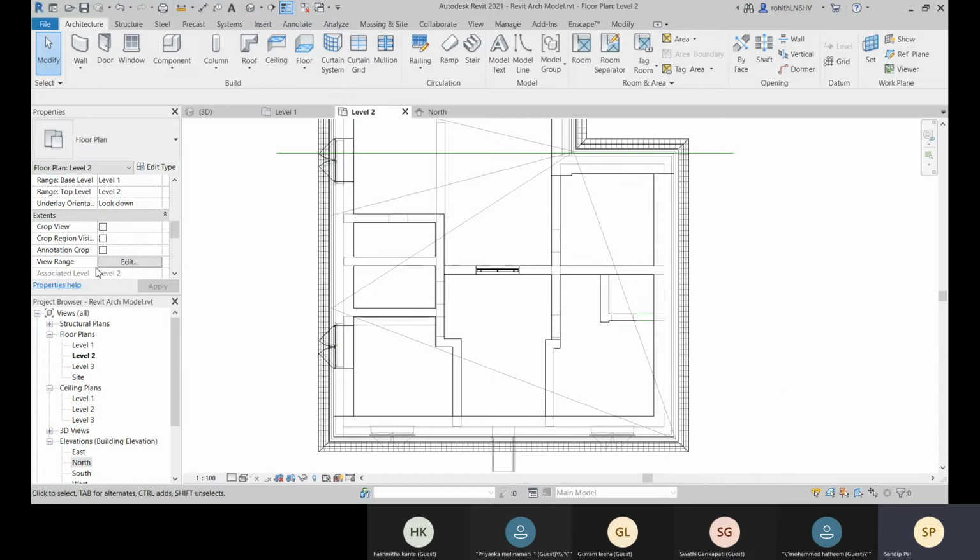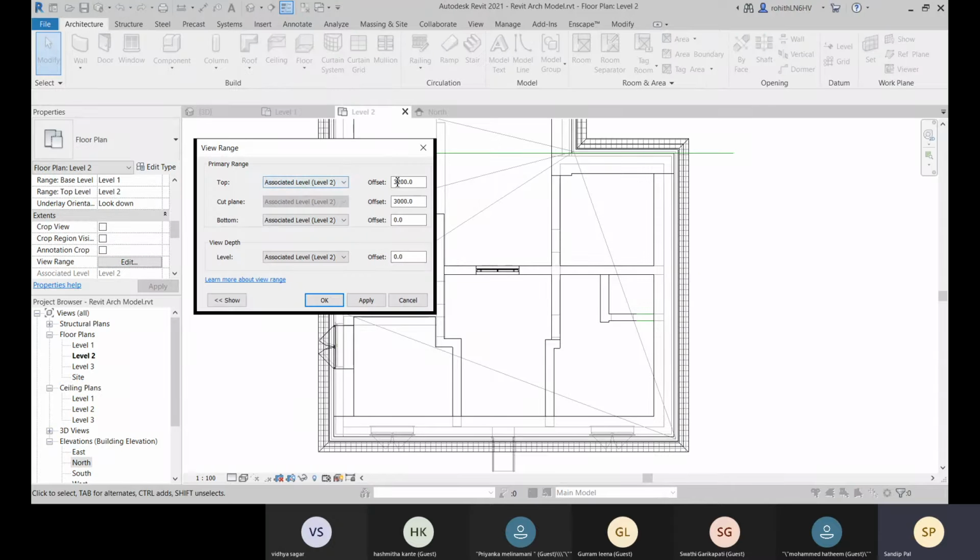So you have to define the top plane offset. That will be associated with level 2. If you want to associate it with the above level, you can do that. If you go for unlimited, towards the upward direction it will be unlimited, so there is no need to give the offset value. It is like an infinite distance. Okay. Now there you can see this is added, and you can go for view depth.